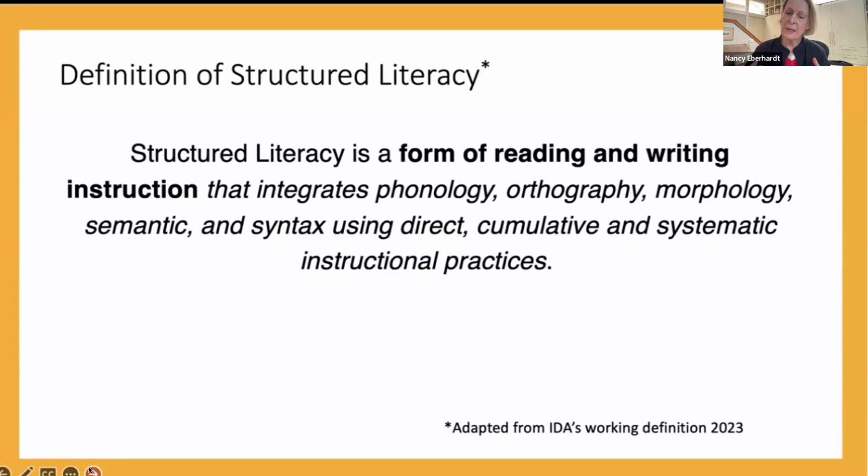What's important here is when we talk about the science of reading and the structured literacy and what that definition is, to realize that they go hand in glove, and we're talking about the same basic components. So the critical word here that we want to get to today is that we want to integrate these various